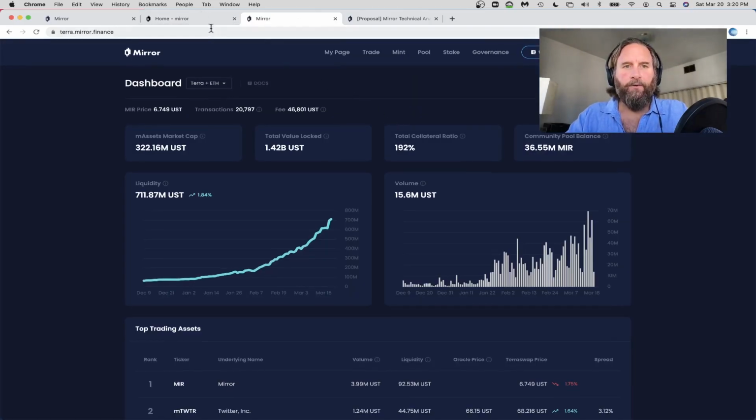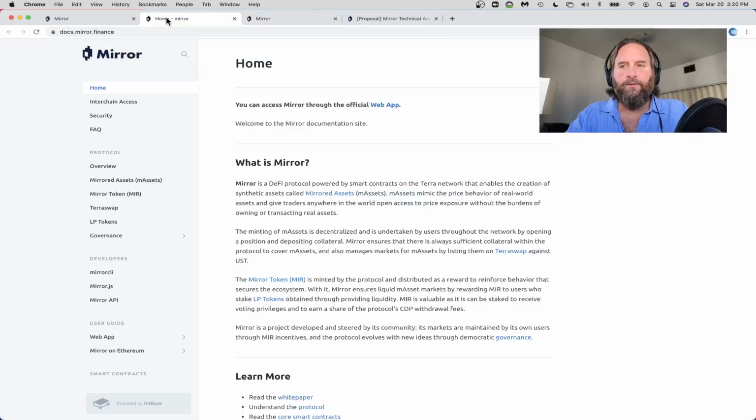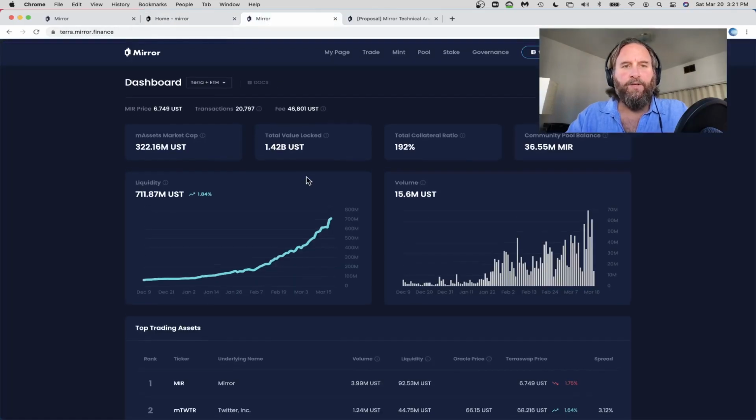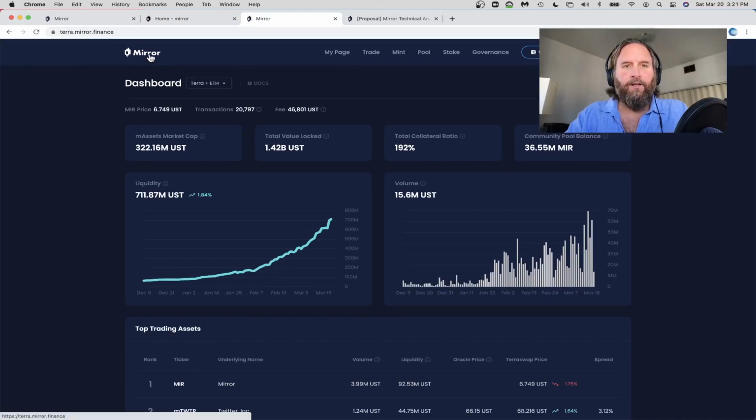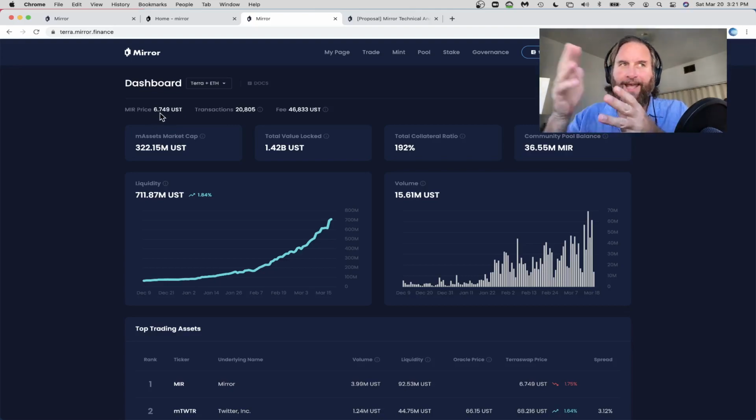Now, let's go to Mirror. First, we go to Mirror, and we see the dashboard. If I click on Mirror here, you'll see the dashboard. Here's the Mirror price. Mirror is the token, just like ANC is the token on Anchor Protocol, which is built on Terra. It's built by Terraform Labs. Mirror is built by Terraform Labs, but it was a completely fair launch, which means that the team